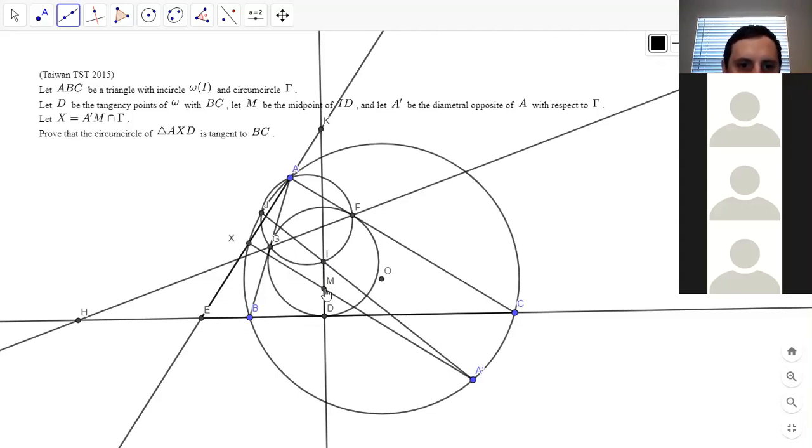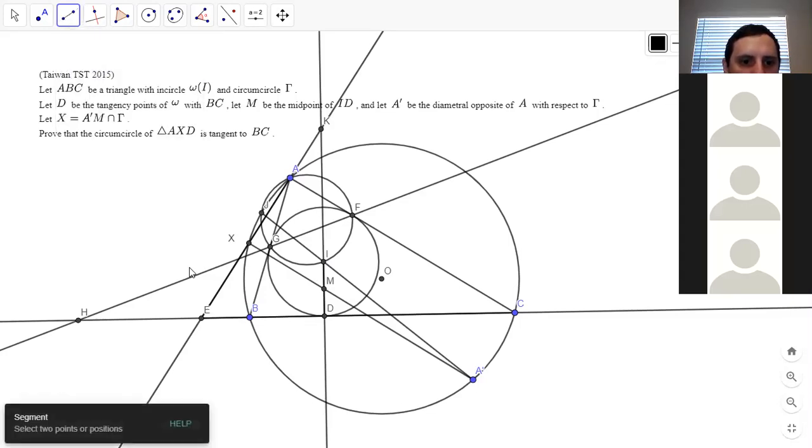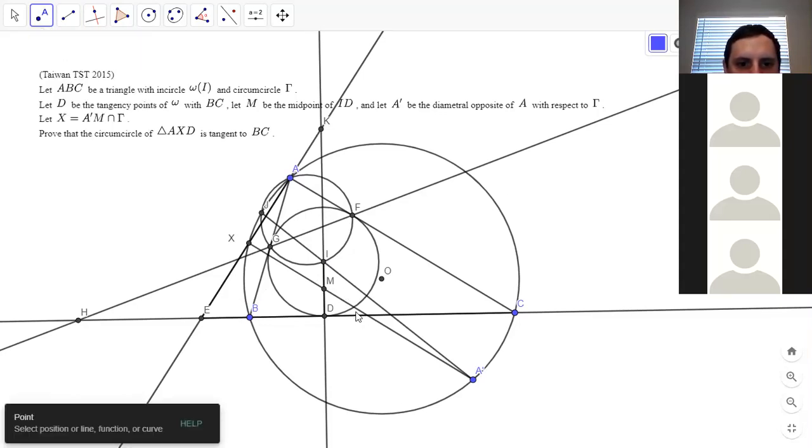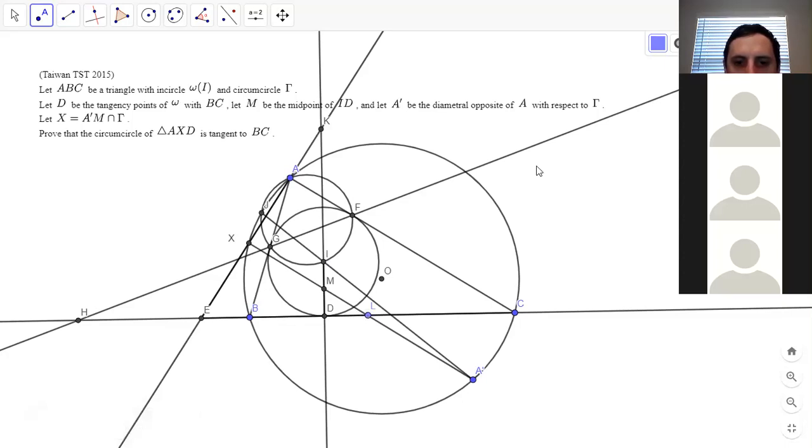And let X A prime intersect BC at a point. Let's call it L. I'll just leave it there for now, even though it's blue. So if that's L, okay, so